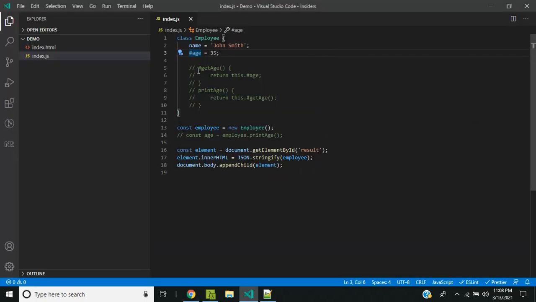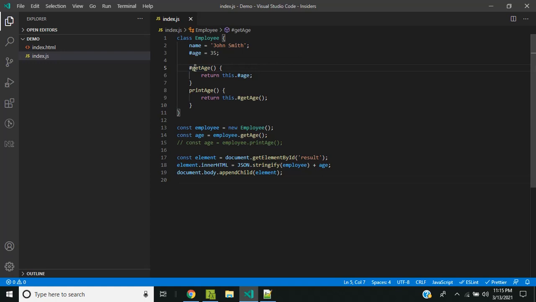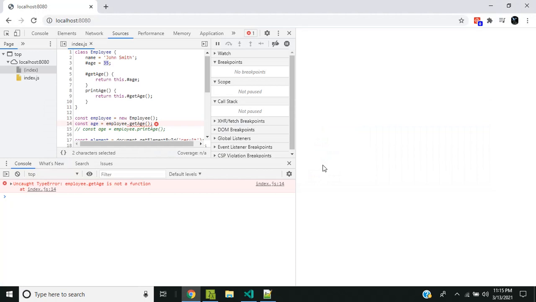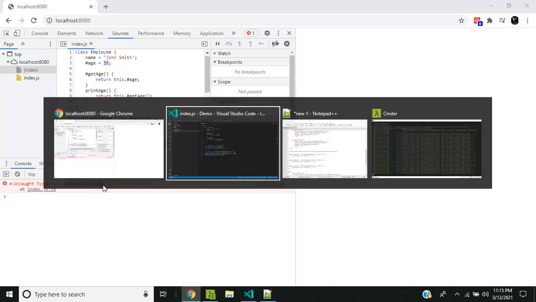Similarly, we can give access modifiers to methods as well. Here I have declared a private method called getAge, which just returns the value of the private property age, and here I am displaying it in the HTML. When I refresh the application, you can see that I am unable to access the getAge method.